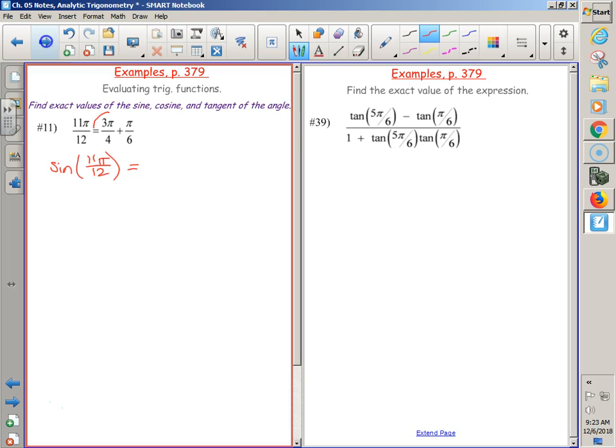What does the hint say about 11 pi over 12? 11 pi over 12 is not on the unit circle, but it's the sum of two unit circle values, so